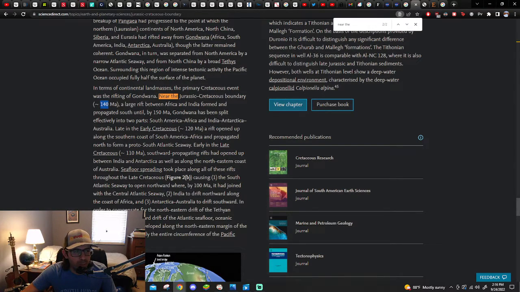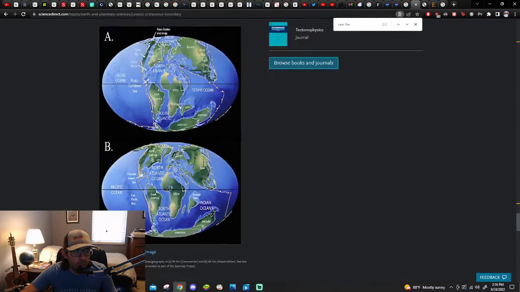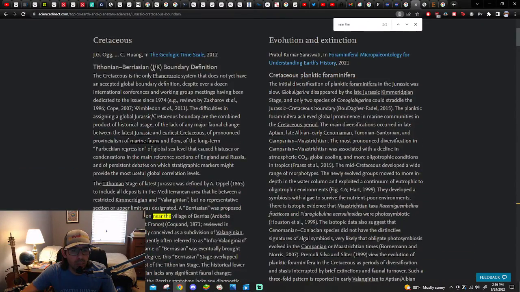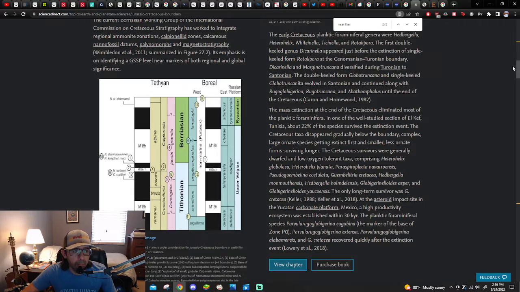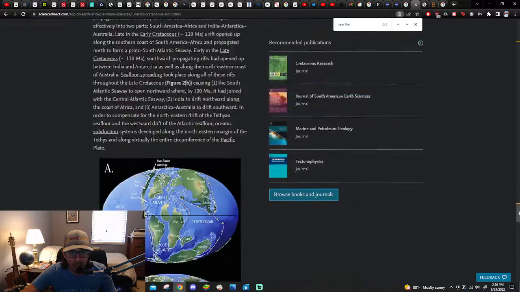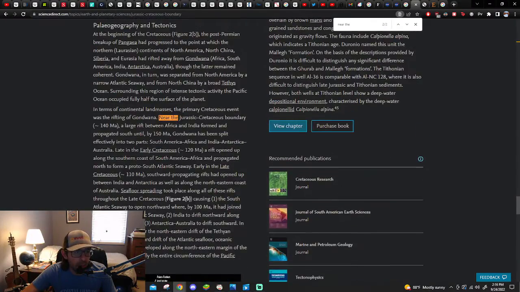They say around 140, and then by 150, which is 10 million years prior. Shouldn't they say like 160 by 150? Oh, this is a technical paper, right? Or is this a book? Pardon me, not to be a pain in the ass. I'm just trying to